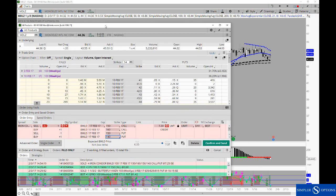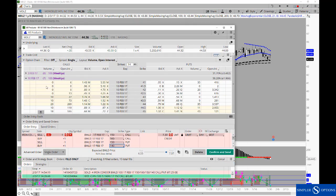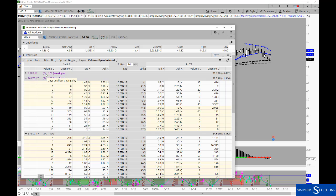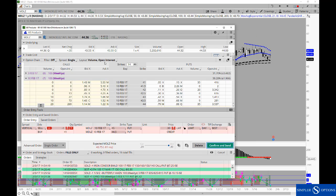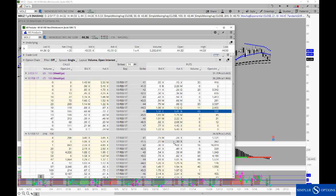And the way that I would like to look to trade that is stepping out into, and obviously, this series will be expiring today and will no longer be there next week. But when you get into next week's review, I think it's going to be worth looking at to do something like initiate the short 45. Now, granted, you are selling that a little bit in the money,